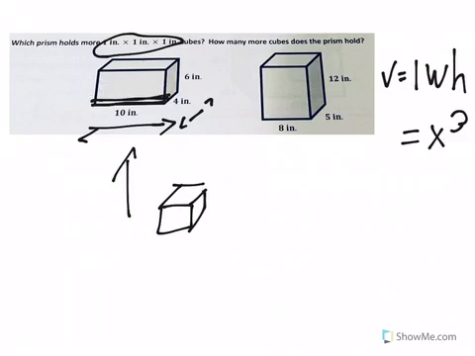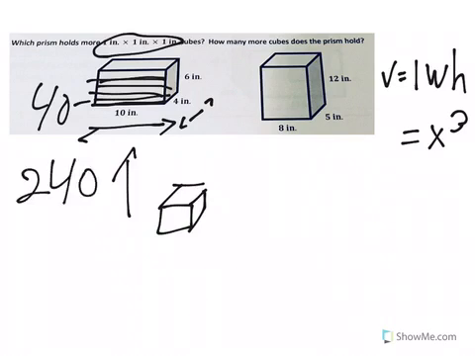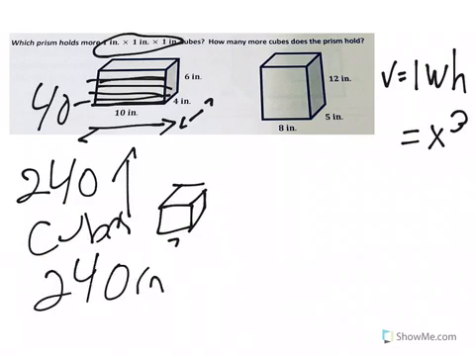So you would have 4 rows of 10, so you'd be able to fit 40 cubes just on the bottom row. And then you'd have to fill that 6 high. So if you had 40, 6 high, 6 times 40, you would end up with 240 cubes, or 240 inches